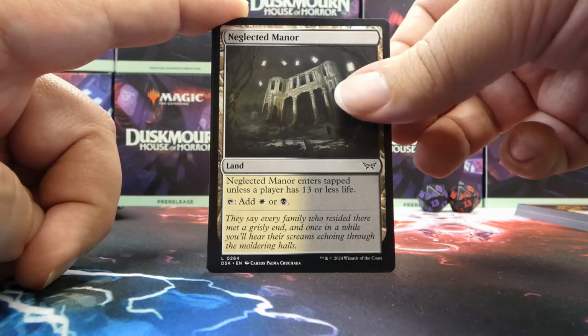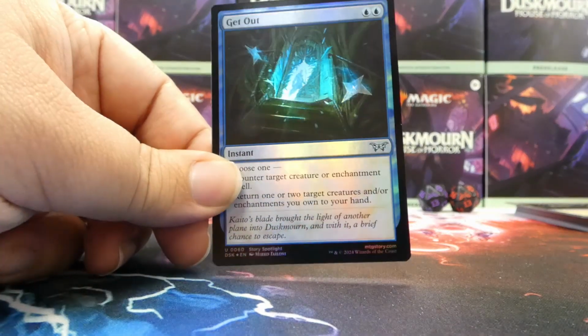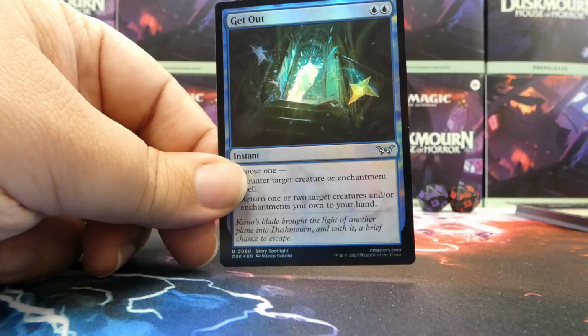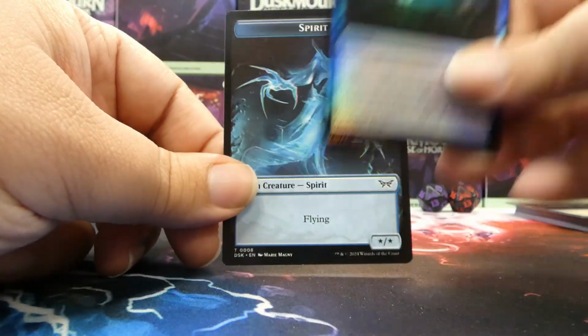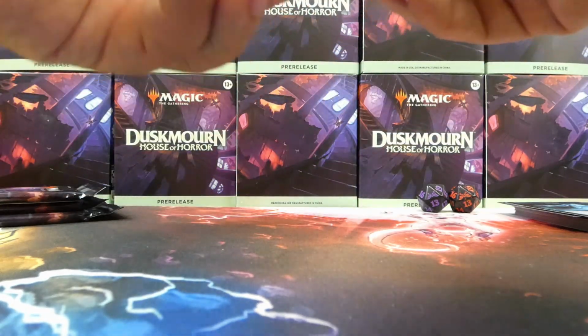And our foil is a foil blue uncommon in Get Out. Jordan Peele movies being referenced to a degree, but not exactly. But still, this is an amazing foil. Look at that. That's incredible. And we have a spirit token as well. That's a really cool spirit token art as well. I like that. Okay, next we have